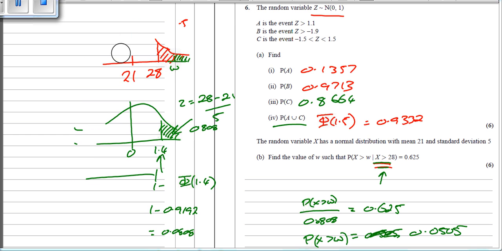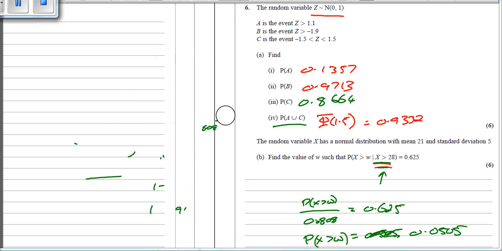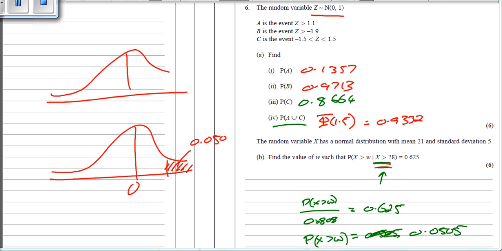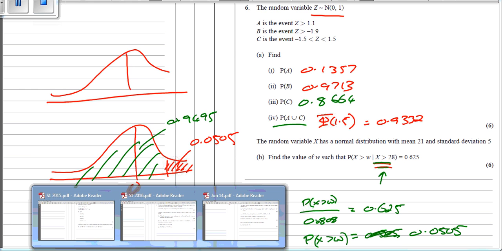So we've got to find out the probability that x is greater than something equals 0.0505. So again, we're going to do a diagram. We've got our x curve here, and our z curve here. I want to know what this value is here. The probability is 0.0505 on this side, so the other side is going to be 1 minus that, which is 0.9495. And if we look that up in our tables,